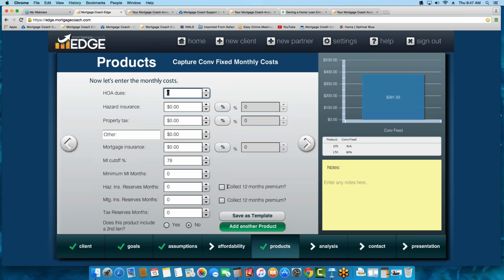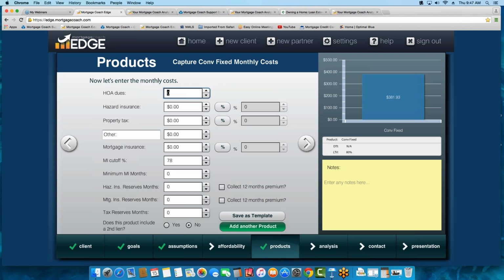And then you have your monthly cost screen. So if you're working in Edge, I want to point out developing a product template might help you move even faster. If you're bringing files down from an API, you won't need a product template, but if you're building these from scratch or possibly adding an additional product to a file from an API that didn't carry over, this is a quick way of building that template to get you through